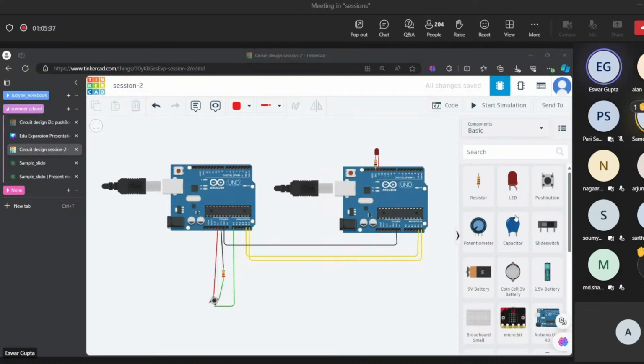I didn't get you. Can you say again? Why are we giving power to the LED and connecting that to the Arduino board? You are asking, right? Yes, sir.